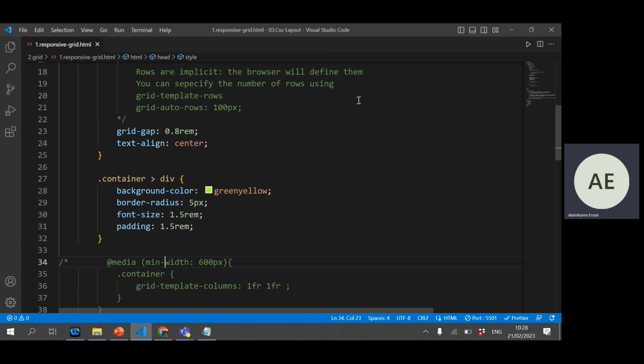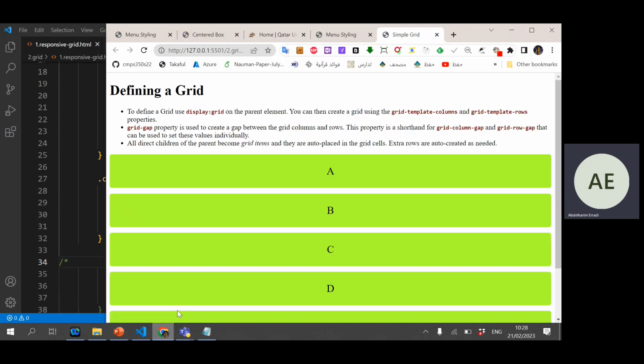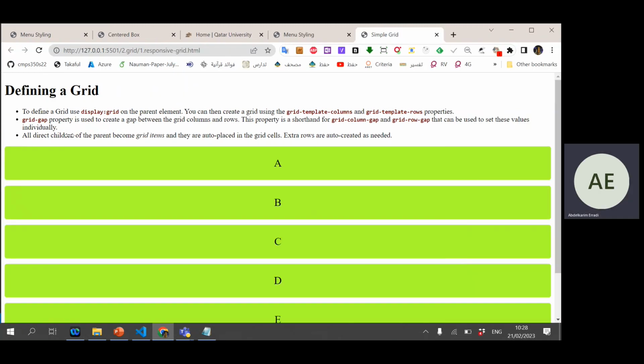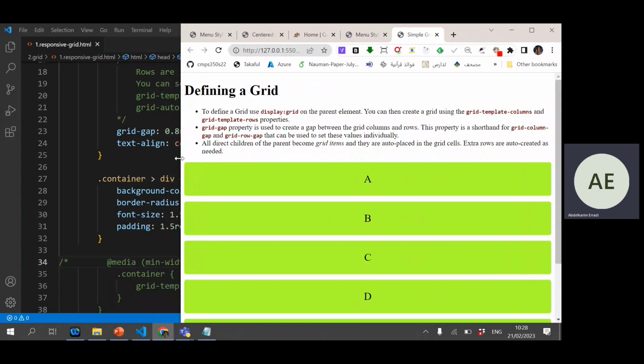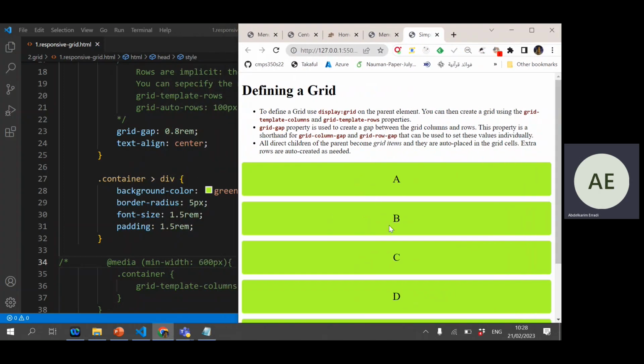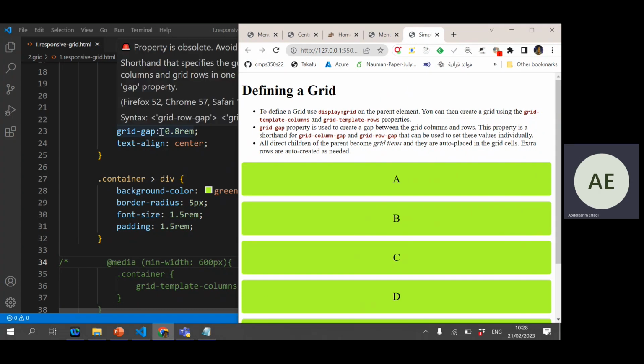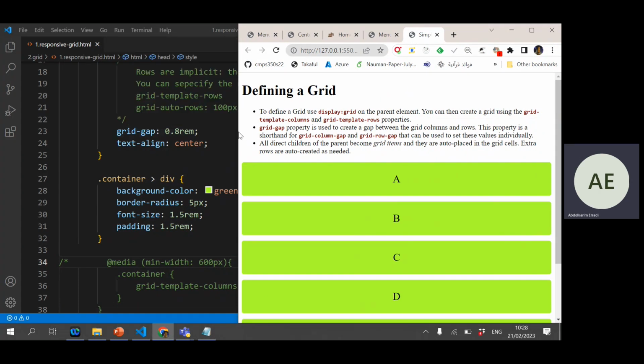And let me save. So if I just do display grid, there's nothing interesting here. It's still stuck one above the other, except here we have some gap that I'm controlling using this grid-gap 0.8rem. Okay, now